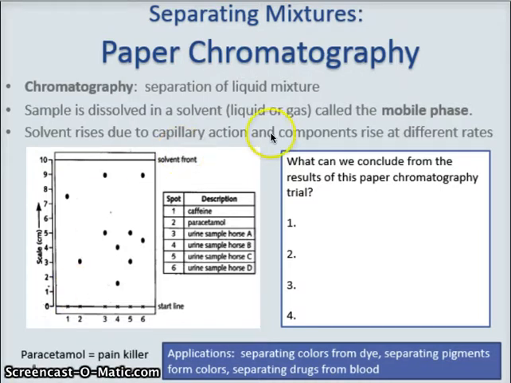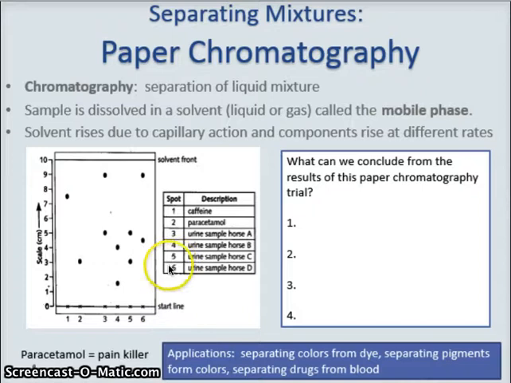So the first separation technique that I want to go over is paper chromatography. Chromatography means the separation of a liquid mixture. Okay, so we are talking about liquids here, not solids, not gases. So chromatography, liquid mixtures. There's a piece of paper, you put it in a chamber, and what happens is